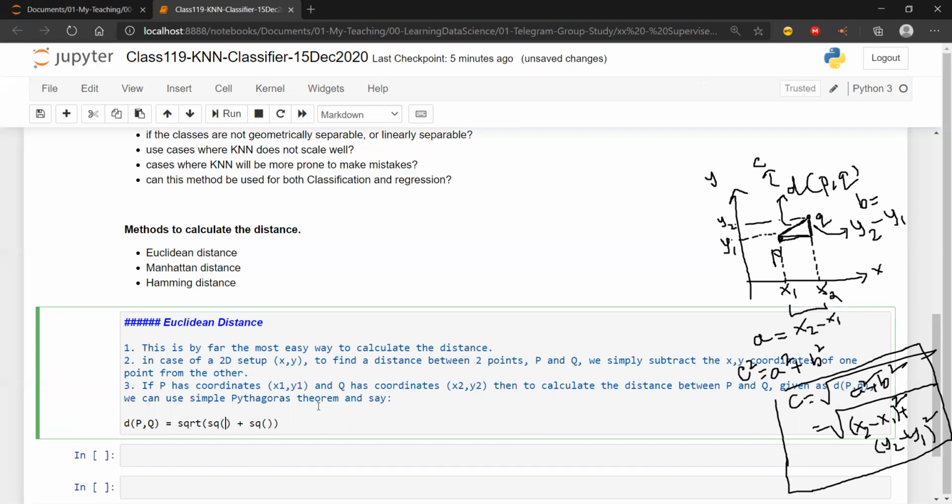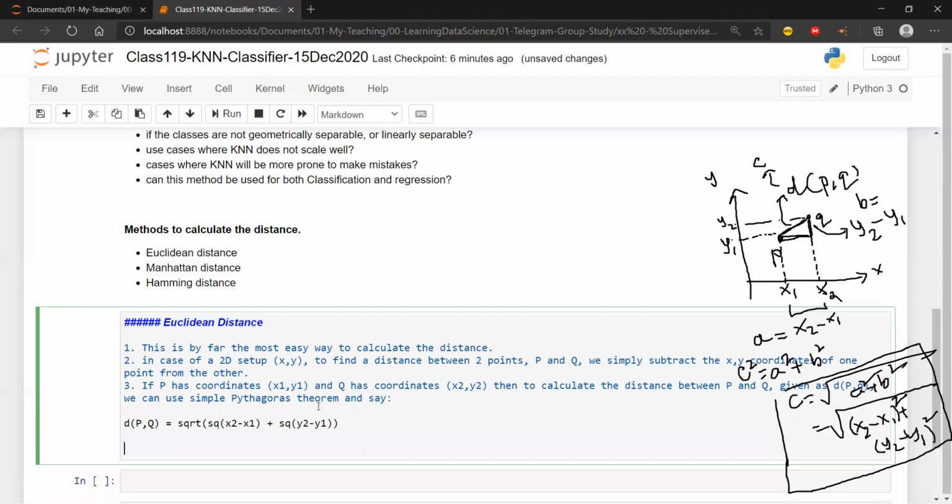The first one, according to what I have written, is x2 minus x1, and the other one is y2 minus y1. Because I am taking a square, it doesn't matter whether I take y1 minus y2 or y2 minus y1. Even if it is negative, squaring makes the minus go away. If I take the square root, I'll get d of p and q. In this way, I can calculate it.